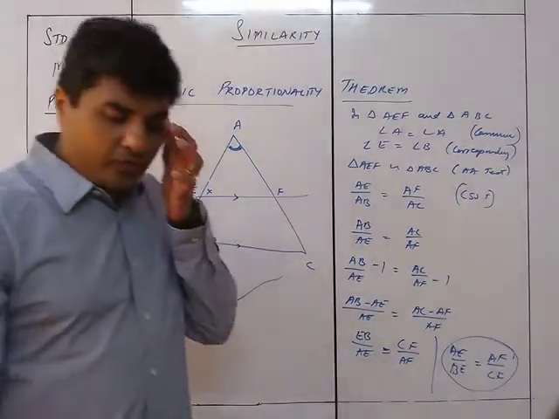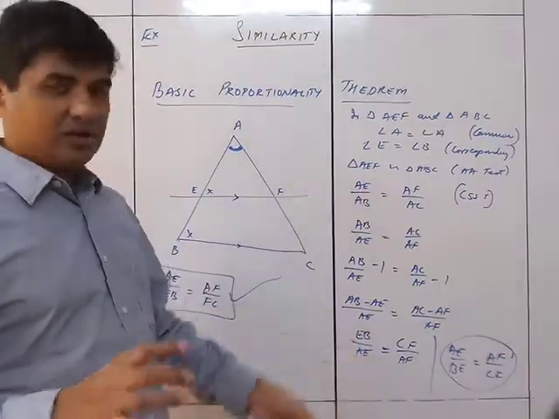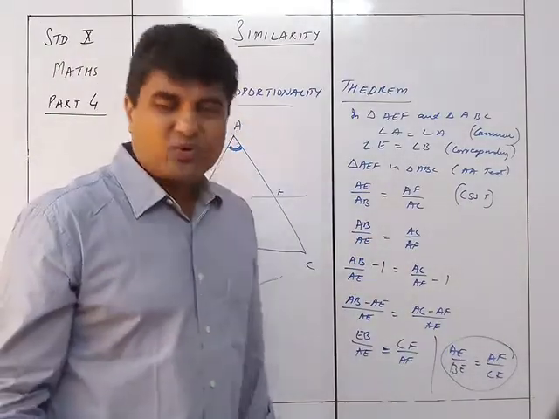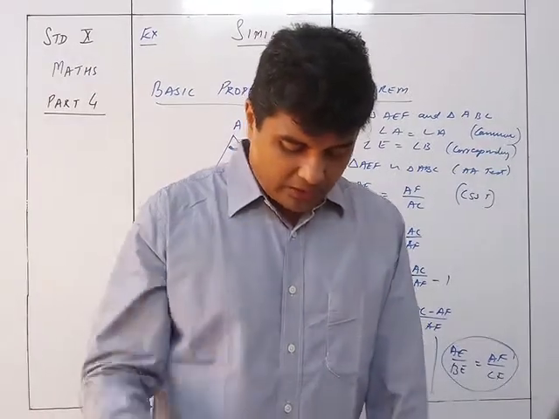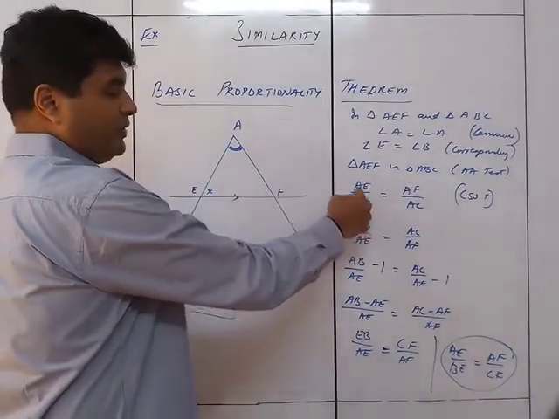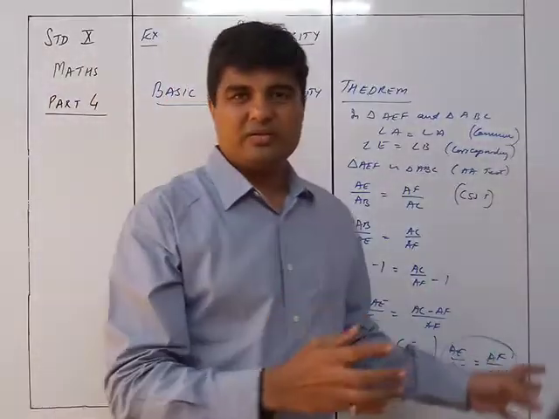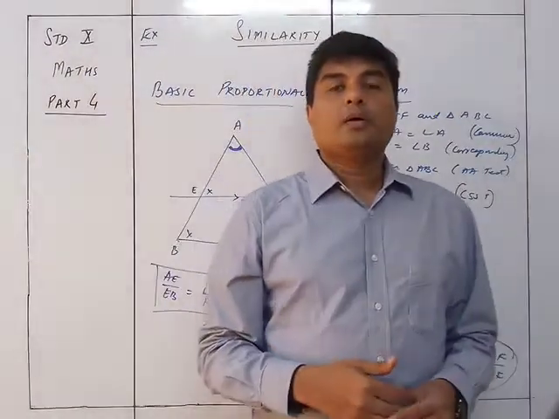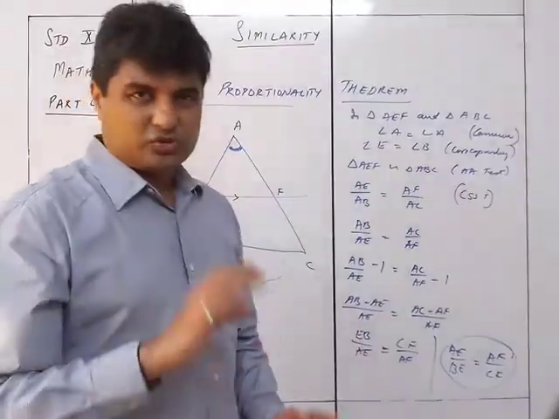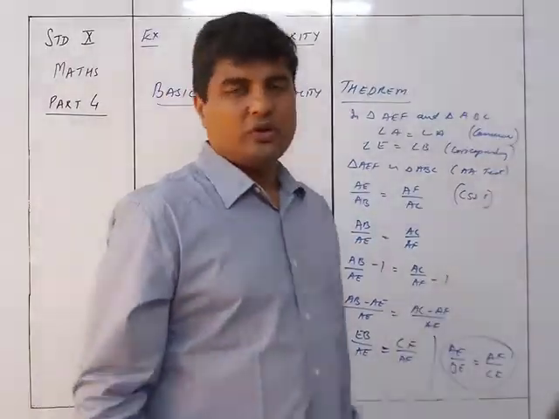You can have multiple ways of doing this. You can take componendo also. If I had not inverted it first, I could have added plus here, and that would also have worked. So there could be many ways of doing this. Instead of subtracting 1, you could have taken AB as AE plus EB. For any particular theorem we prove, you can use any of these methods, not a problem. The one in the textbook can also be used, and what I have written here can also be used.